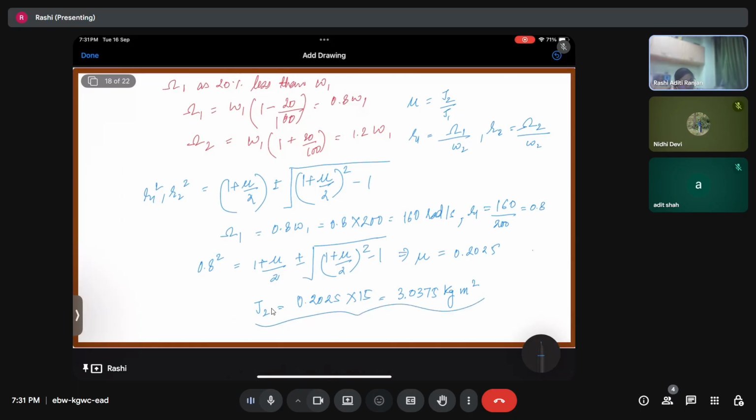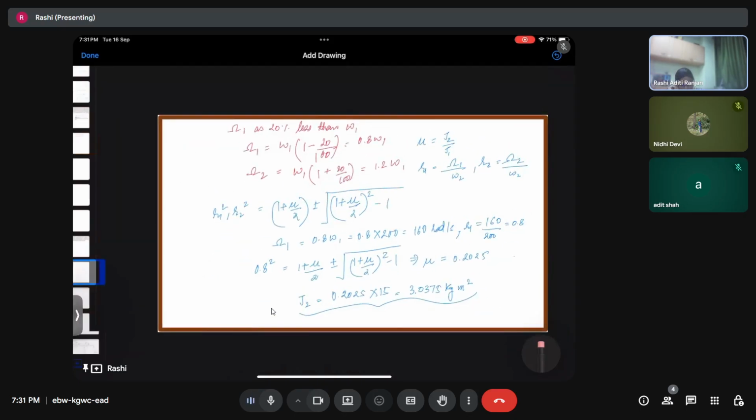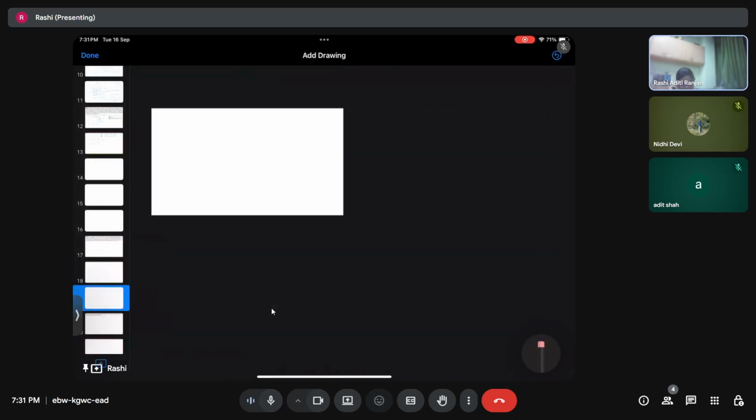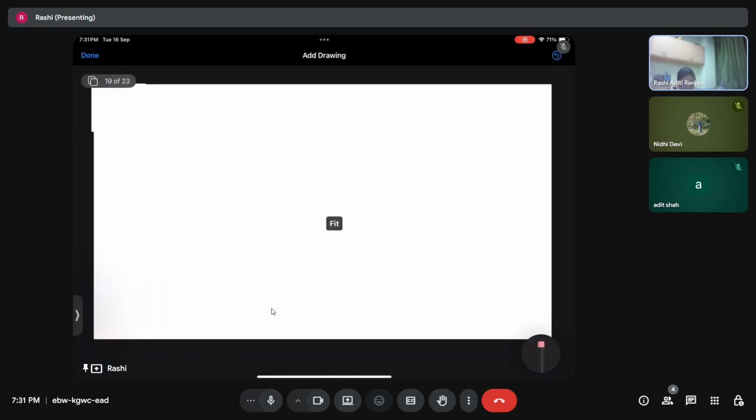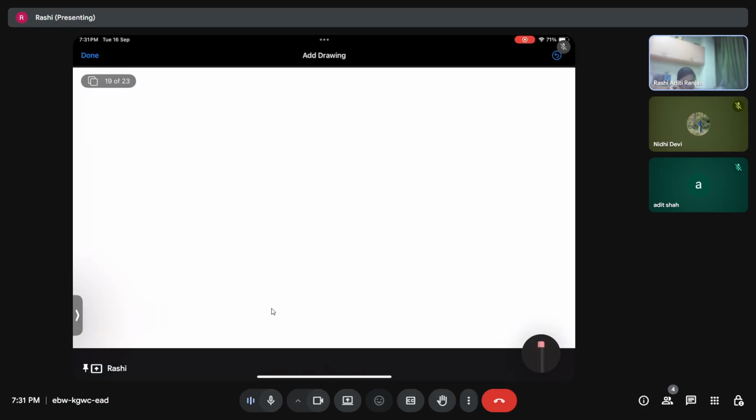Anyways, this is going to satisfy the condition of having the smaller new natural frequency at a separation of 20% from omega 1, right? But what about the higher one? We need to be concerned about the higher one as well. So for that, we'll just check for the chosen value of omega 2. So if I try to evaluate the value of R2,